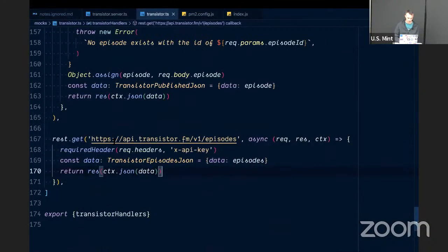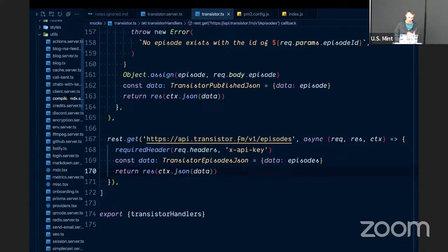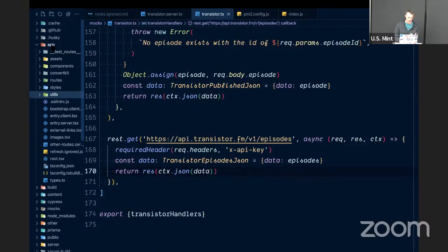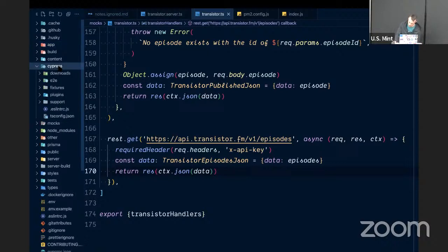Okay, the last thing I want to show you is I talked about how I want my end-to-end tests, or all my tests, to run completely offline. And I use Cypress for my end-to-end tests. I was going to show you more of this stuff with Cypress, but I discovered a bug in Cypress, I believe, while I was working on this. And so I cannot show you because it's not working, but I will show you how it works.